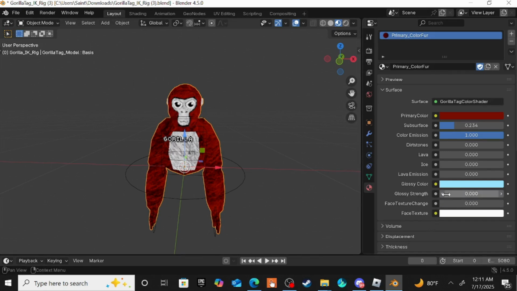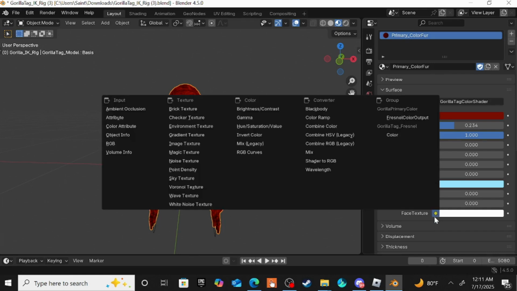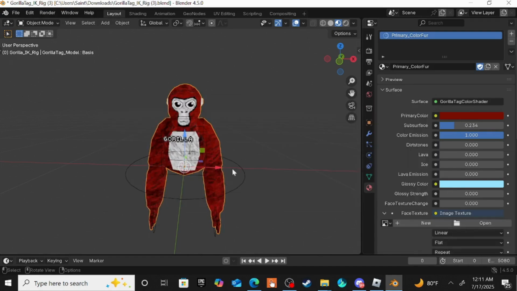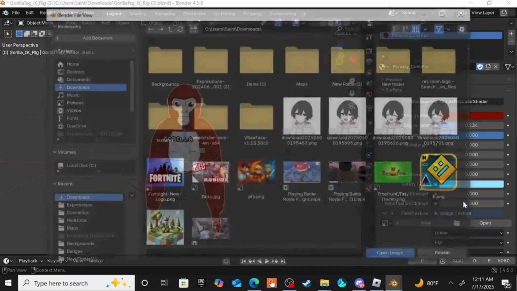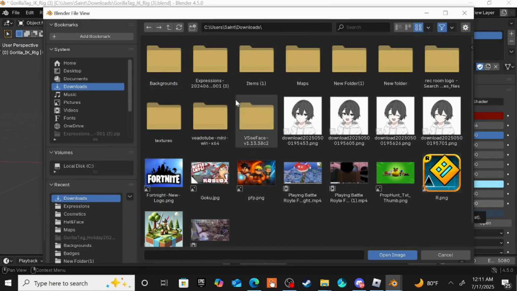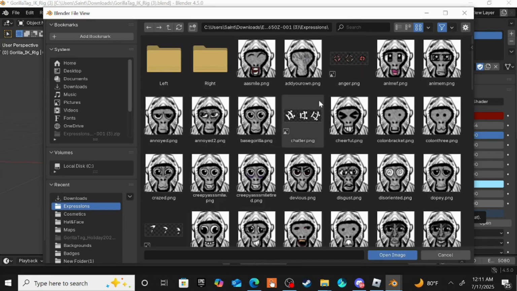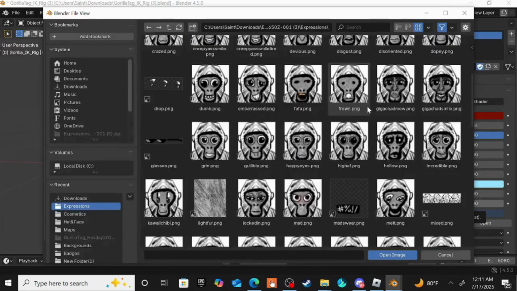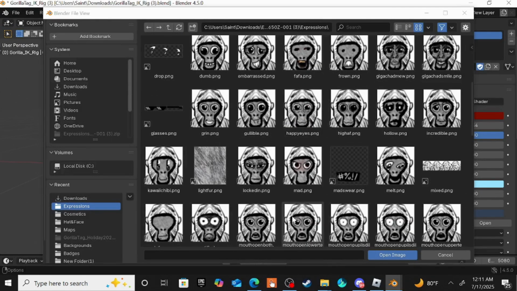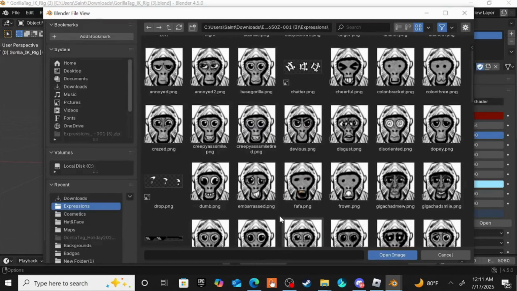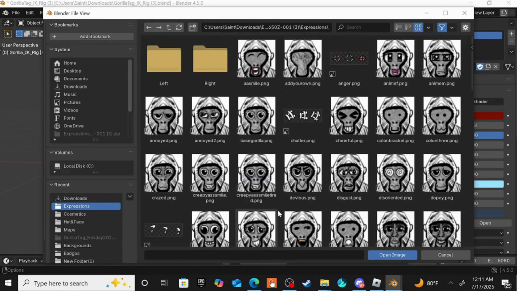Now, you're going to want to download the face texture down below in the description. Anyway, once you've done that, you're going to click this yellow dot, press image texture. You're going to click open, and then you see your files. You're going to click expressions, and then once you're on expressions, you'll see this, and there's a bunch of faces you can add. Now, for me, what I'm going to add is going to be,